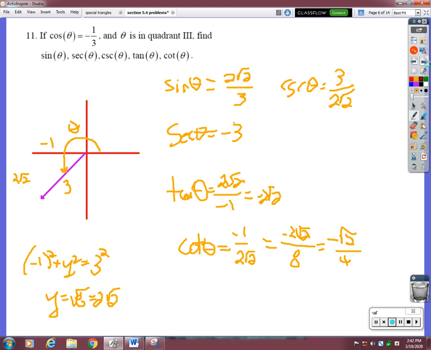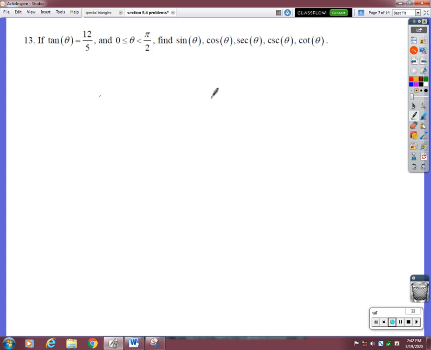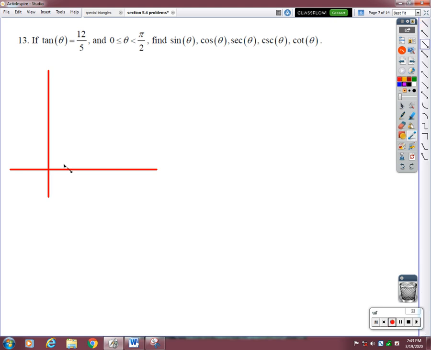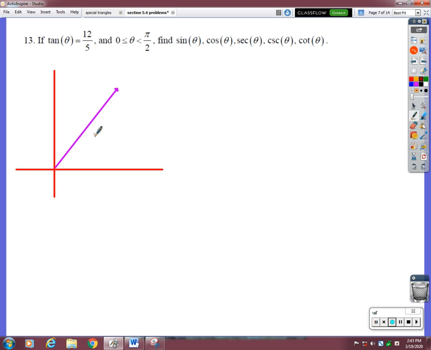Hope you guys are doing well out there. Now we got the tangent, 12 over 5, and then this nonsense means that we're in the first quadrant, because 0 to pi over 2 means in between 0 and 90 degrees. So we're in the first quadrant, and we know that the tangent is 12 over 5, so that's